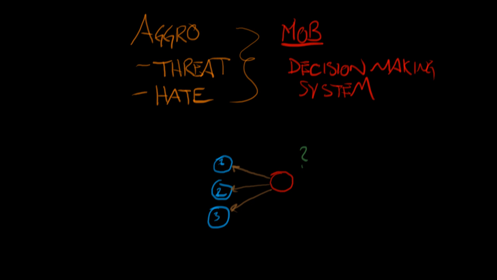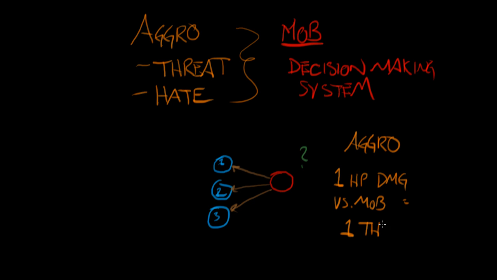If we were to play game designer ourselves, we'll call it aggro. Again, I may use these terms interchangeably, aggro and threat. If you've been playing World of Warcraft, they call it threat. EQ players back in the EverQuest days would call it hate. Let's make some baselines here. A baseline I could say is 1 HP damage against the mob equals 1 threat. And for our healer, 1 HP healed